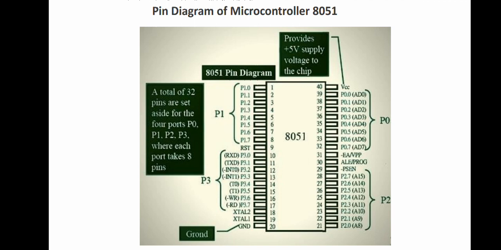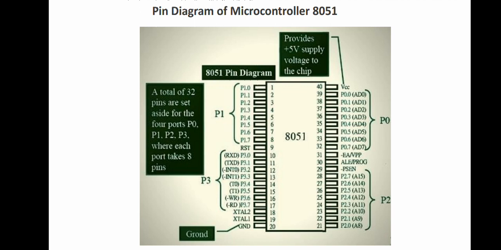Then pins 10 to 17 are used for port 3. Port 3 is a dual function port, that is, it can be used as an input port or output port.